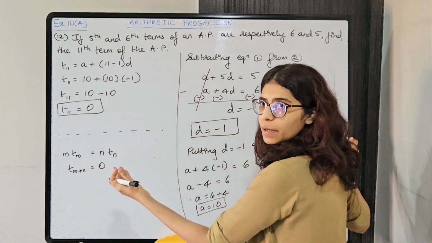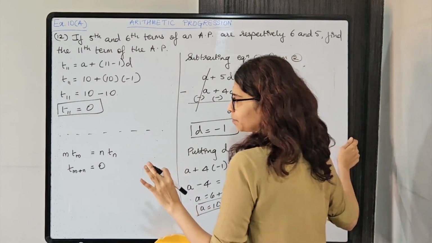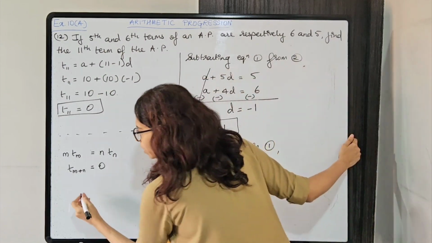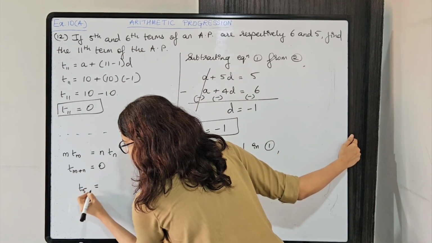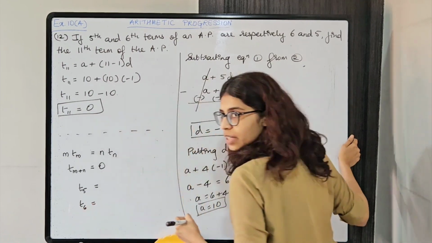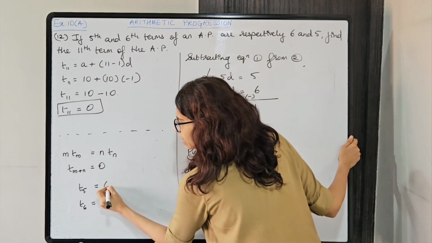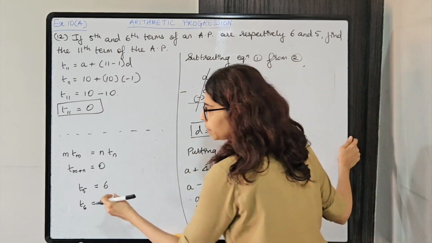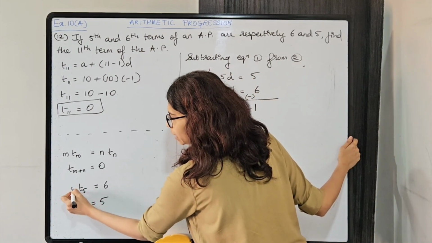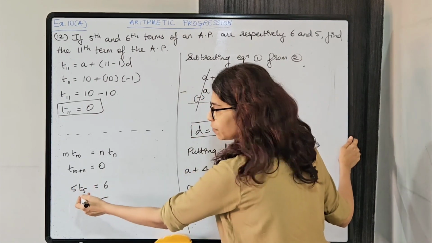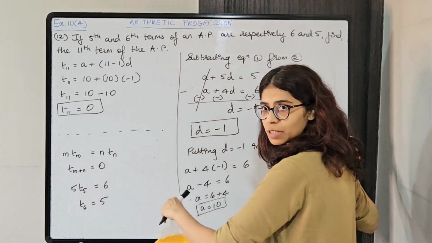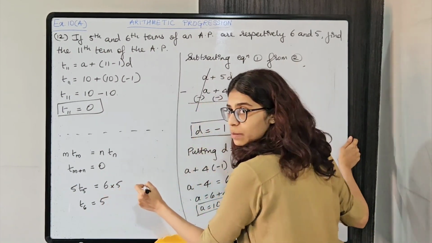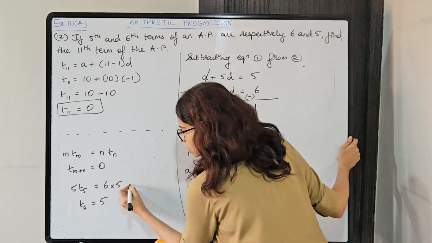अब m की जगह पे नंबर पुट करते हैं. ठीक है, here you are given 5th term and 6th term. Okay, so t5 दिया है and t6 दिया है. t5 is 6 and t6 is 5. Now if I multiply the 5th term by 5, मैंने LHS में multiply किया तो RHS में भी करना पड़ेगा, right? Simultaneous process. So this will be 30, है ना? This will be 30.